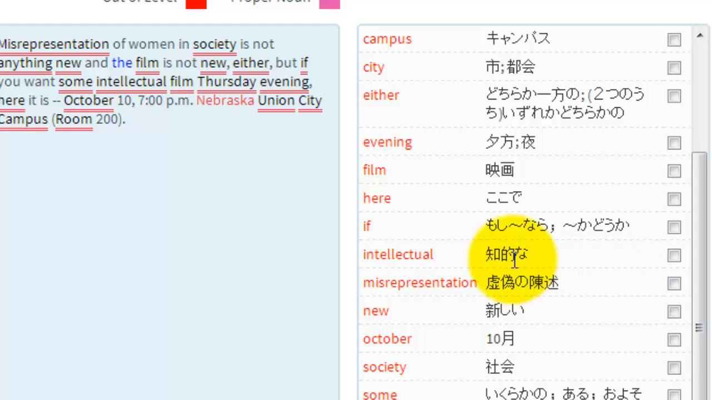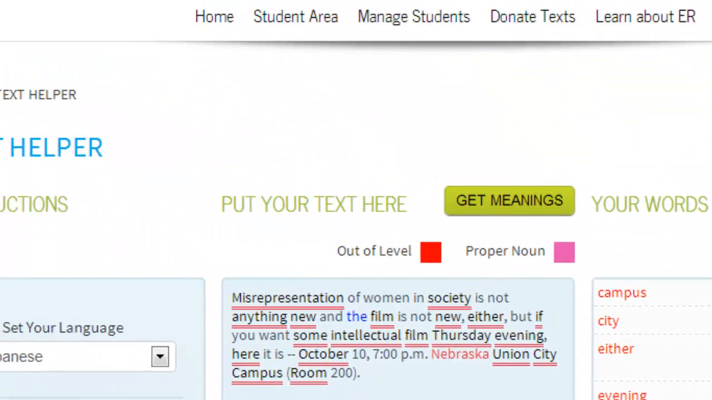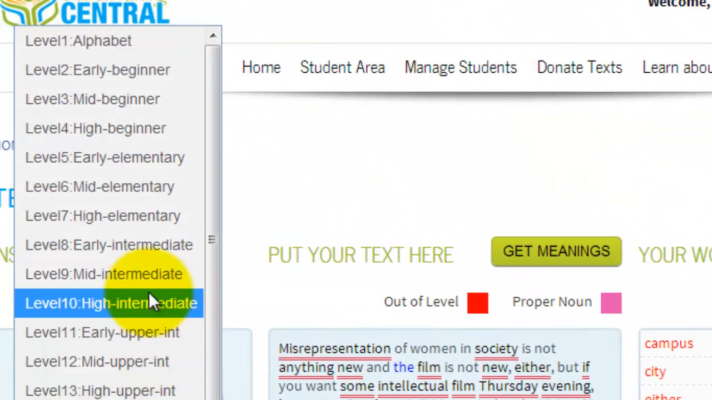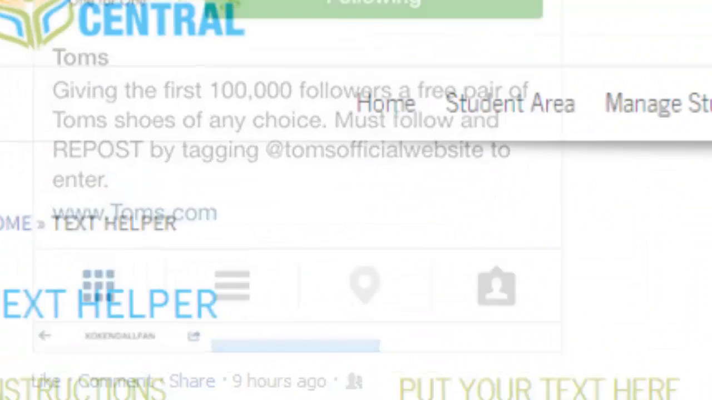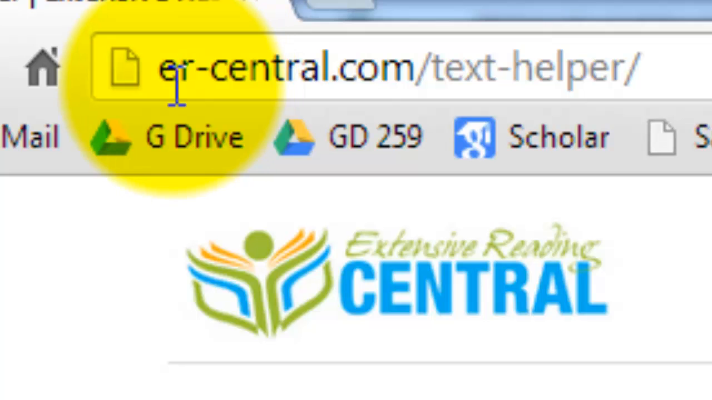So you just have to look at this. Probably you don't need all these translations, so if you set the level a little higher, for example level 10 high intermediate, you're only getting these translations, so it's much more efficient in this way. So especially for Japanese native speakers, this text helper is going to be very useful. This is the address: er-central.com/text-helper/